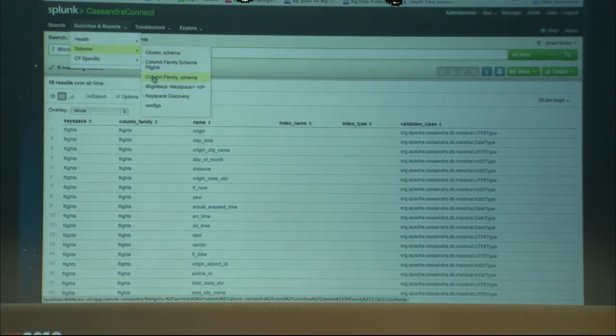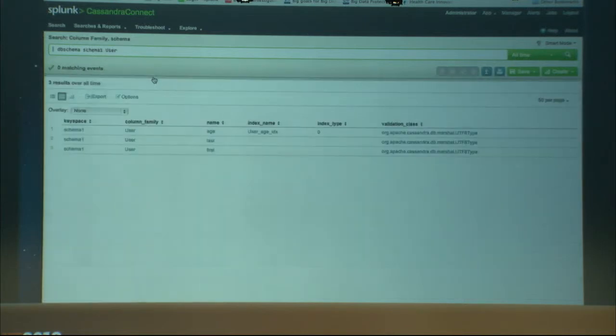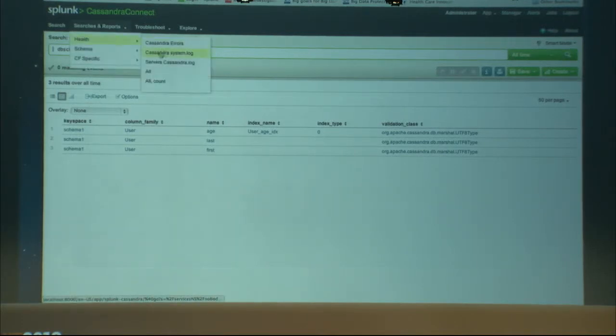So if we look at the schema for the user table, it's very, very simple. It's age, last name, first name, and age is an index. So you'll be able to go ahead and do explorations. These are all live commands again that are hitting directly against